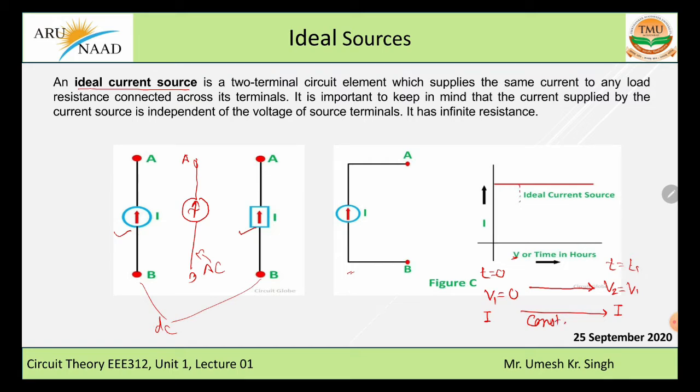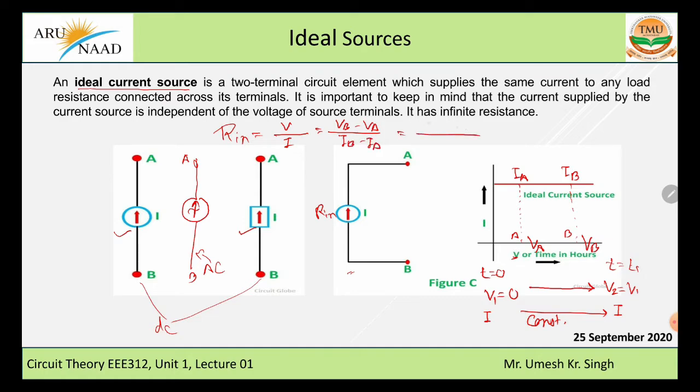Now again considering 2 points A and B on the voltage axis, what we get? The voltage at point A is VA and at point B it is VB. Again current at point A is IA and at point B it is IB. Now I am also interested in calculating the internal resistance of the ideal current source. So R internal is equal to V upon I. I have written already, it can be written as dV upon dI or delta V upon delta I. Coming directly to the point, we can write it as VB minus VA upon IB minus IA.